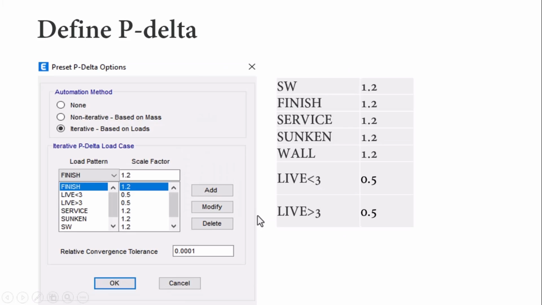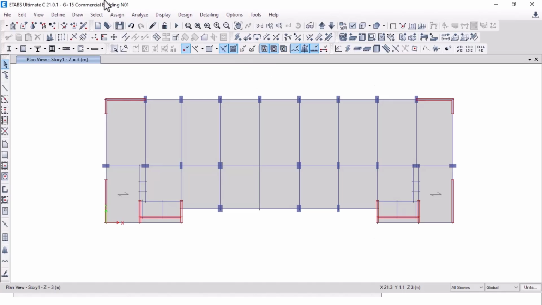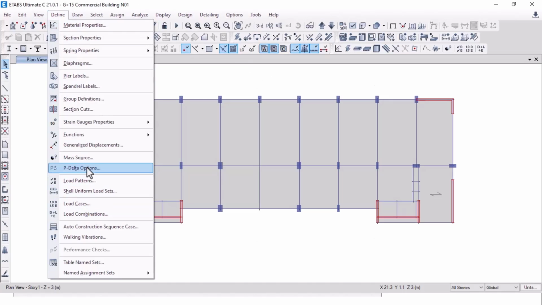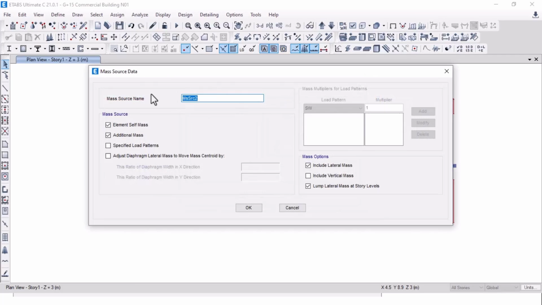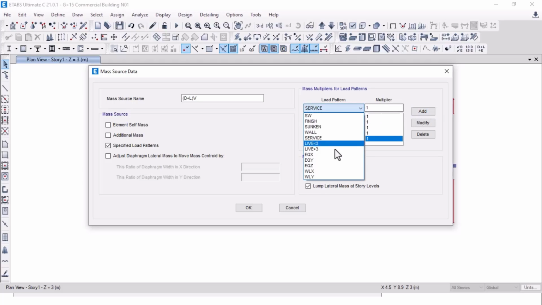Okay, and now we will assign the mass source. So for that we will go to the define, then we will go to the mass source, and we will add copy of mass source. Here we will write dead load plus live load, and it should be vertical, and we will untick this one, and we will specify the load pattern, and for the dead load we will take multiplier 1, and for the live less than 3 we will take multiplier of 0.25,